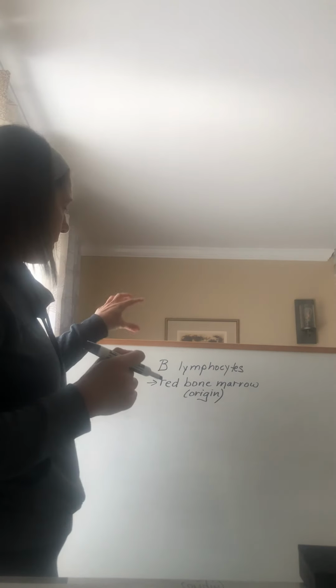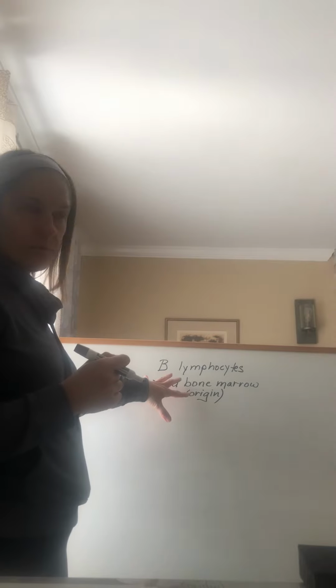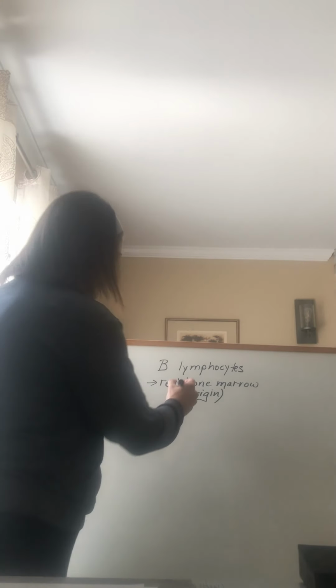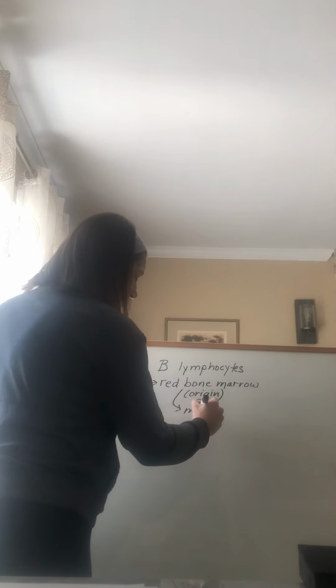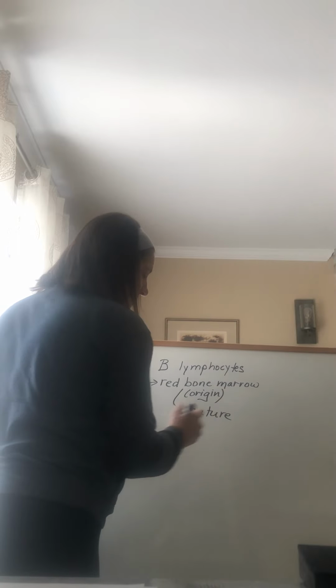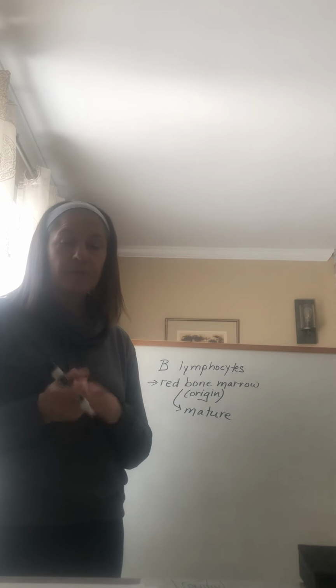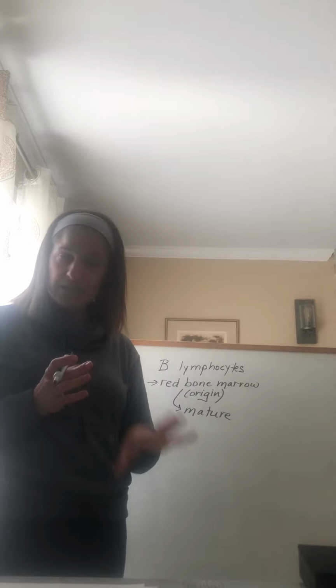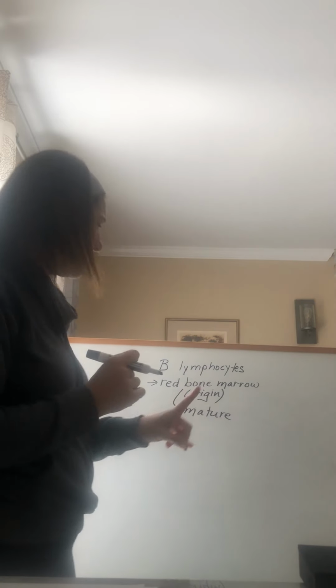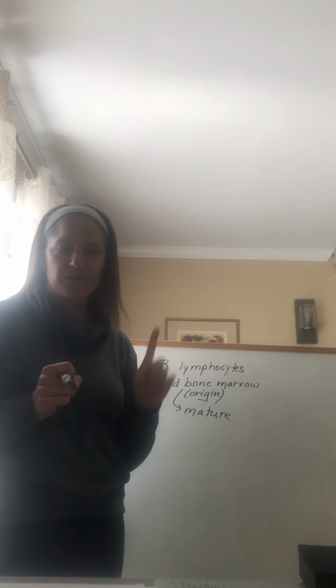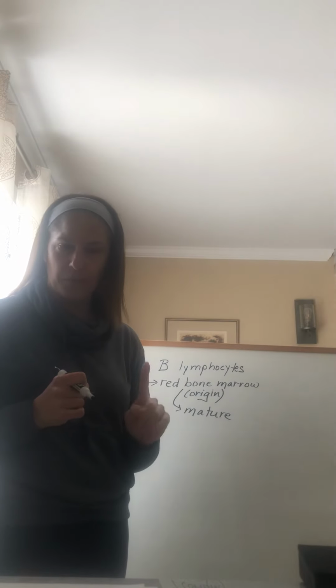The B lymphocytes will originate in the red bone marrow, and then they will become mature there. So think B for bone marrow. So the B cells will mature or become immunocompetent inside the bone marrow. When we get to the T cell population, it is a slightly different story. So what are your B lymphocytes doing? They oversee all of your humoral immunity. So they're overseeing your